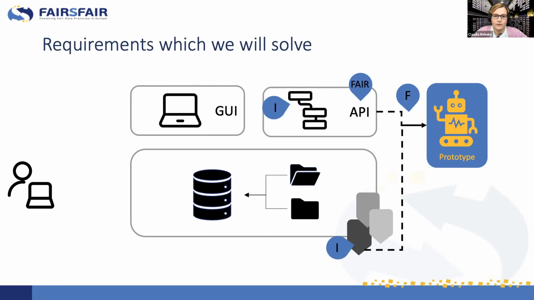Wrong direction, sorry. Another requirement which we are definitely going to solve was that the repository should itself also have machine readable metadata, so that there's metadata available about the repository itself, and that this should also be machine readable. And this is actually the first layer of the FAIR data point, or of the metadata that is exposed in the FAIR data point. So this is something that we definitely can solve in our task.